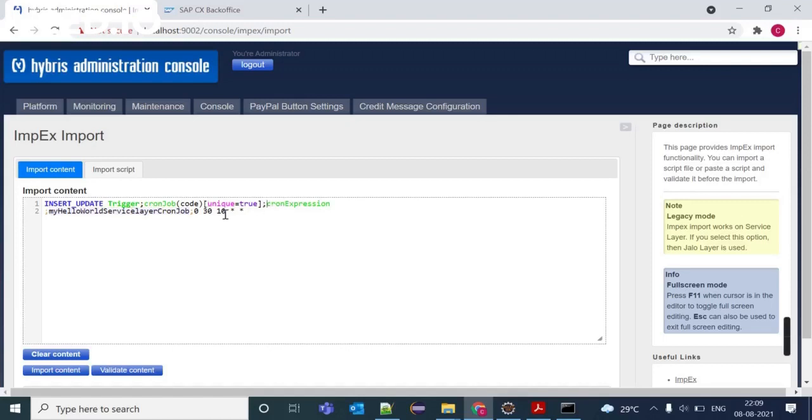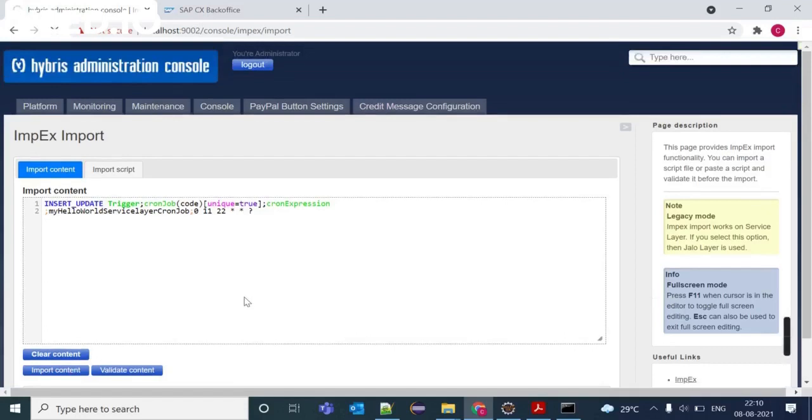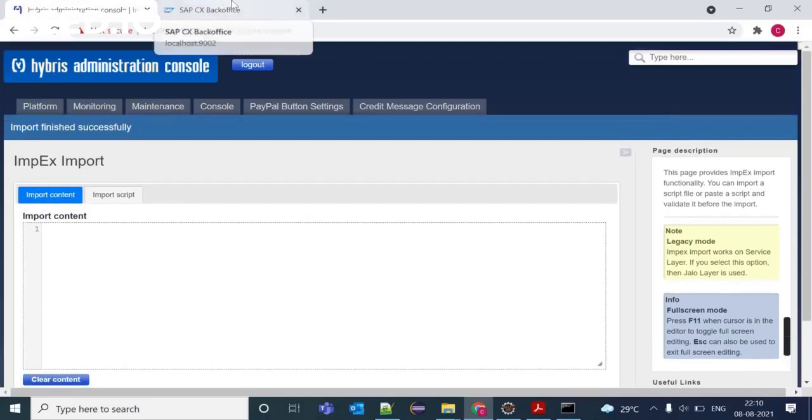Then you need to set the cron expression. It is now 10 p.m., so here you need to give 22 and it will run at 11. Let's now import content. Yes, our import finished successfully.